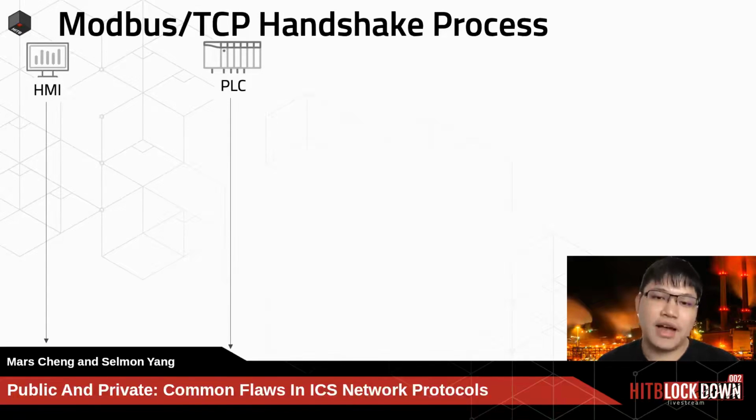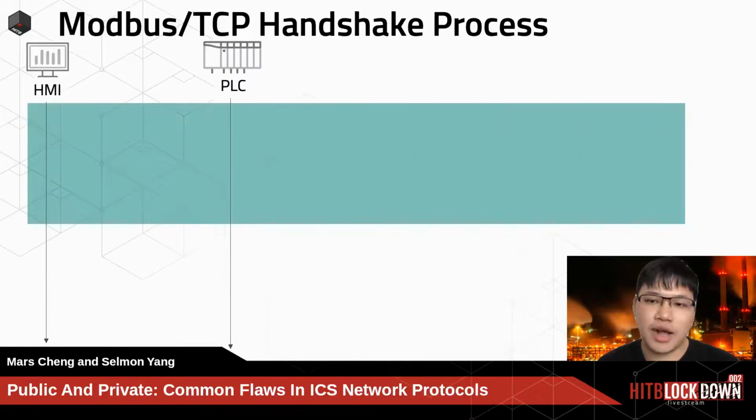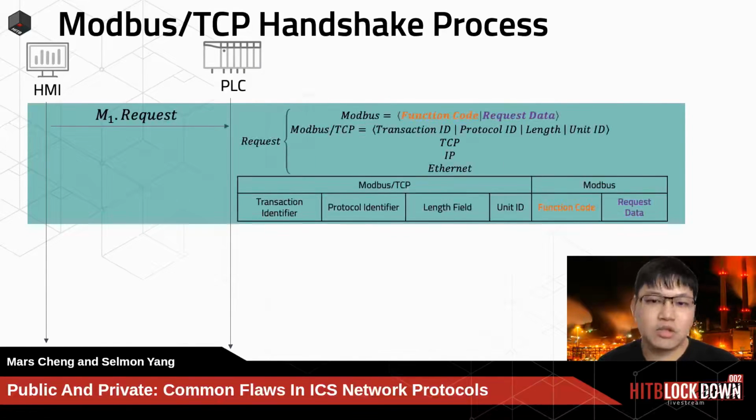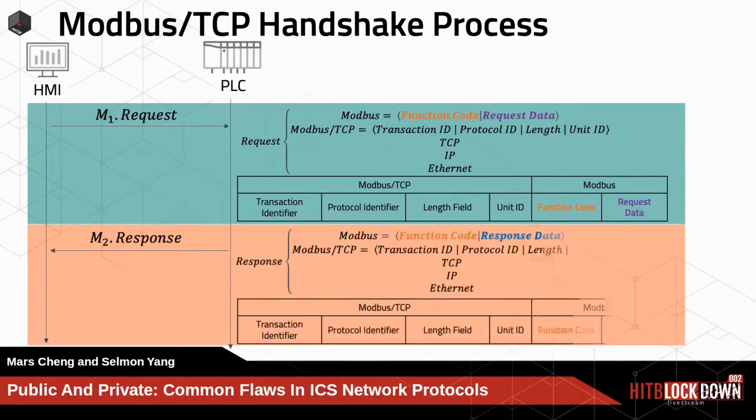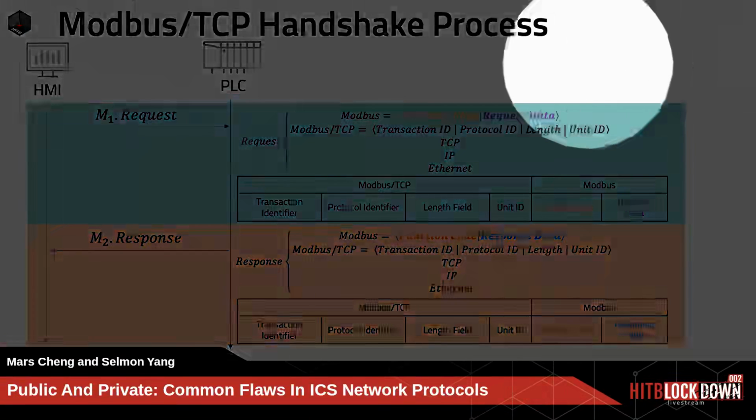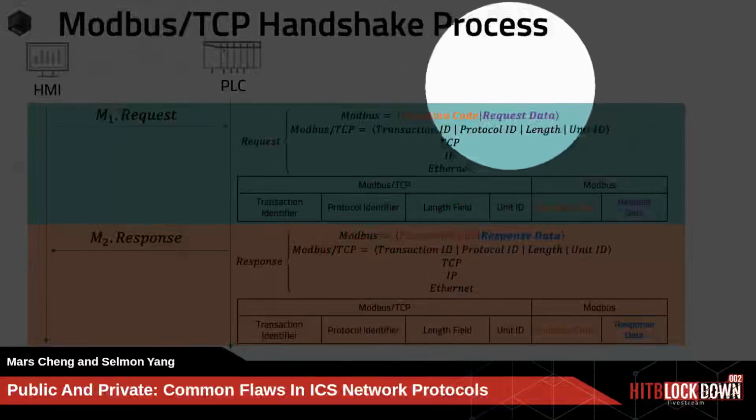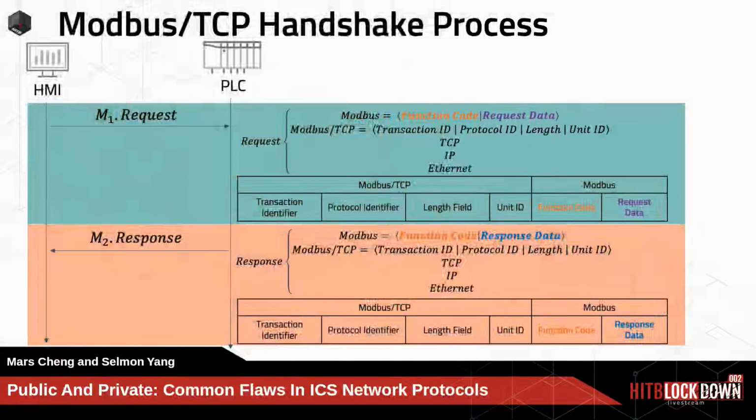Modbus is a very simple protocol, but it is used by many manufacturers. In any communication, there can be only one request and one response. So no request, no response. For this protocol, the attacker just needs to know the function call and the request data. They can try to attack the function call and request data. They can try to perform kinds of attacks.